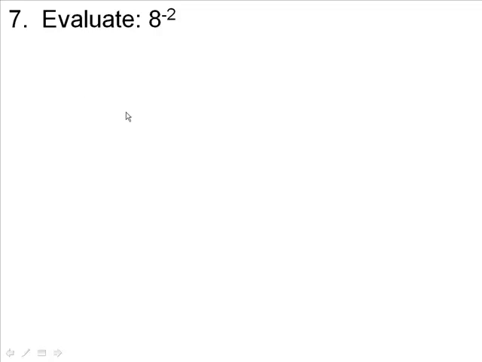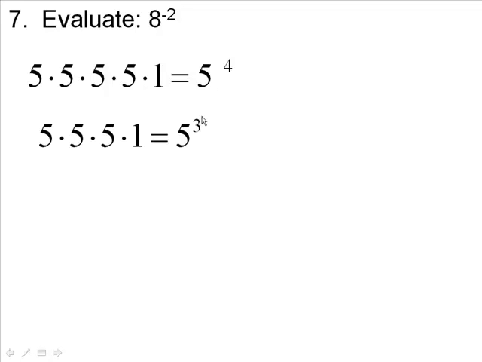So let's just suppose we had 5 times 5 times 5 times 5 times 1. That would be 5 to what power? Well, if you look here, we have 1, 2, 3, 4, 5, so it's 5 to the 4 power. If you had 5 times 5 times 5 times 1, then you'd only have 3 5s here, wouldn't you? So it'd be 5 to the 3rd power. If you just had 5 times 5 times 1, it'd be 5 squared, wouldn't it? And if you only had 5 times 1, you'd have 5 to the